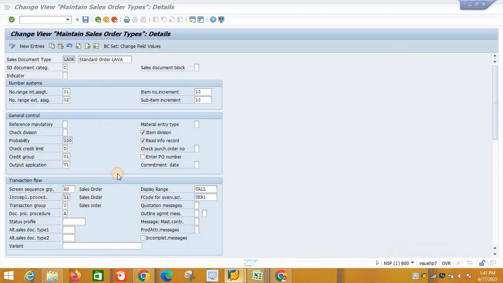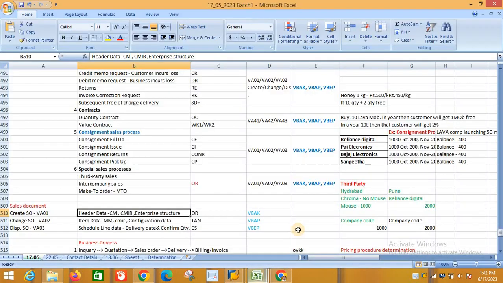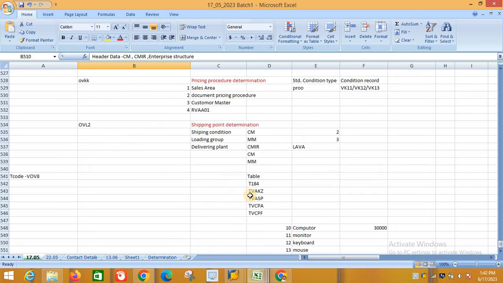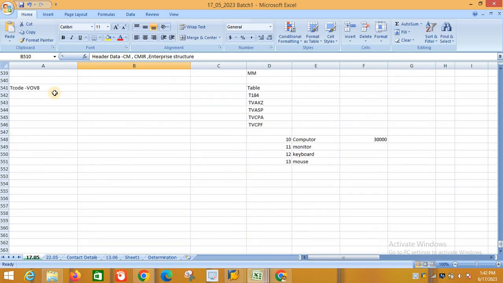Then what is the next? It should be that division. Then probability. What is the probability? If we are inquiring, what is the path? Inquiry, quotation and sales order. If inquiry is there, we are just going and doing the inquiry.